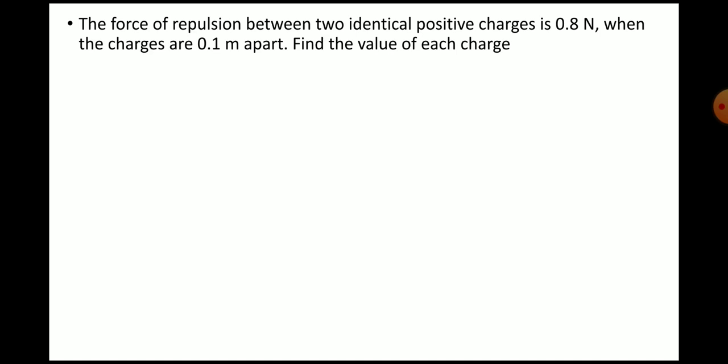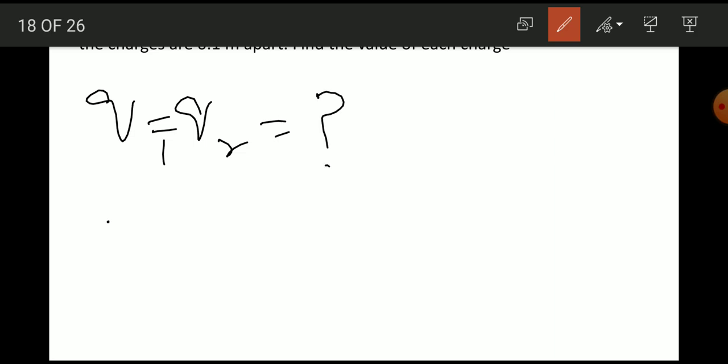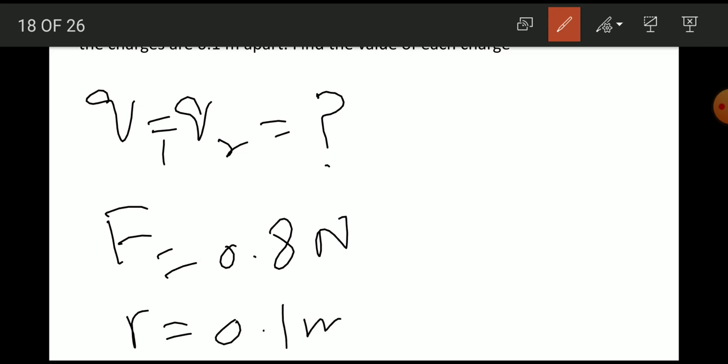Next, 13.3: the force of repulsion between two identical positive charges. Force of repulsion between two identical charges, Q1 is equal to Q2, is 0.8 newton when the charges are, question mark. Find the value of the charge. Distance is 0.1 meter. Now use the formula F is equal to